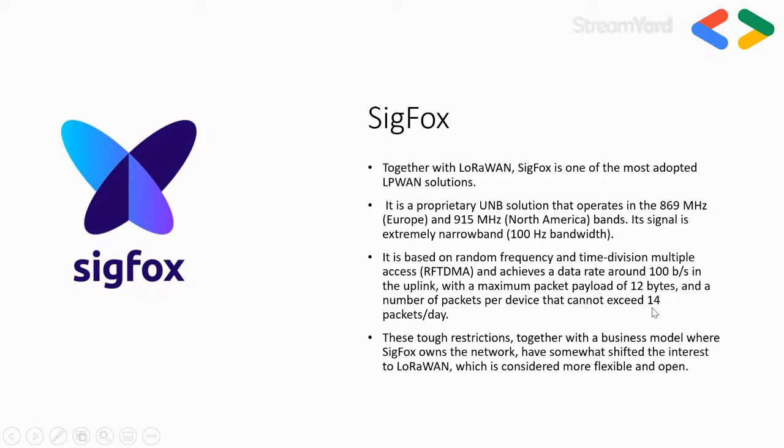The problem with Sigfox is that it has very tight deployment constraints. Sigfox has to be deployed in such a way that it owns the network that it's operating in. Its deployment is very tight, not like LoRaWAN. LoRaWAN is very flexible when it comes to deployment, and it can operate in a network that has multiple standards working around it, not like Sigfox. This was one of the main issues that made LoRaWAN preferred over Sigfox. And the data rate of LoRaWAN is also better than Sigfox.